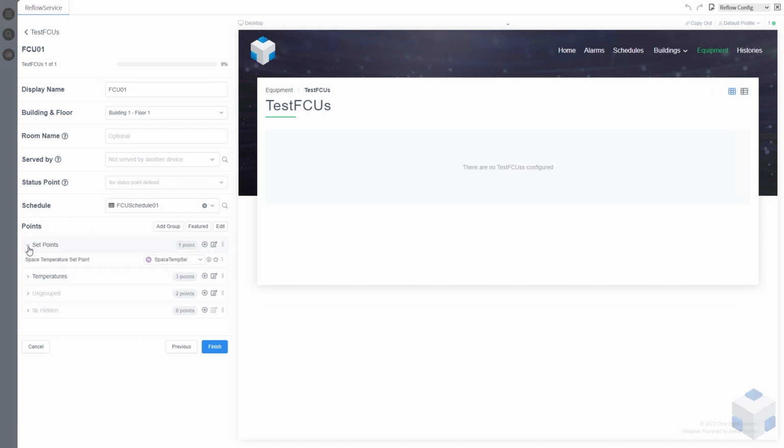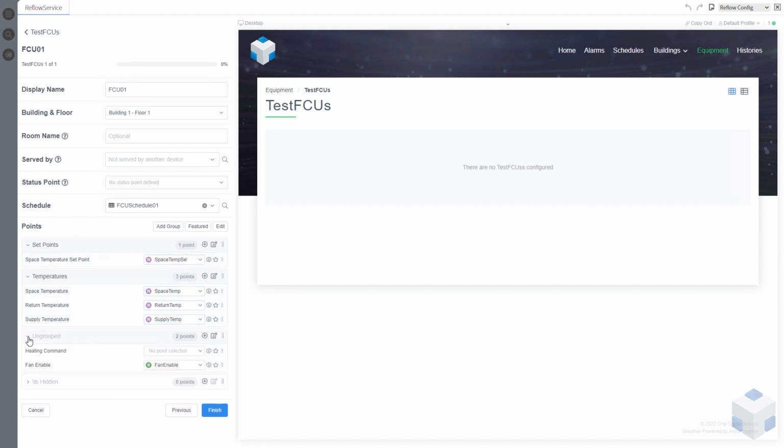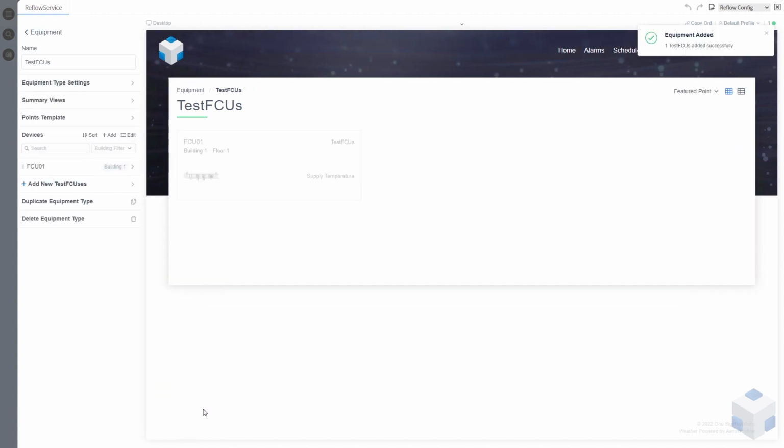So last little check then, we've got everything set up, so you can see now it's gone and found the points. You can see that it's found them, and some ungrouped ones in here as well. The heating command hasn't found. Now there's a reason for that, but we'll go and manually find it anyway. Might be an error on the auto detect when I type that in, but we've assigned it anyway, so this is the last place you can find it. Have a little check on all your points, so let's click finish,